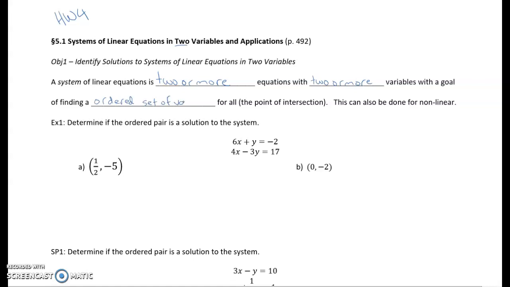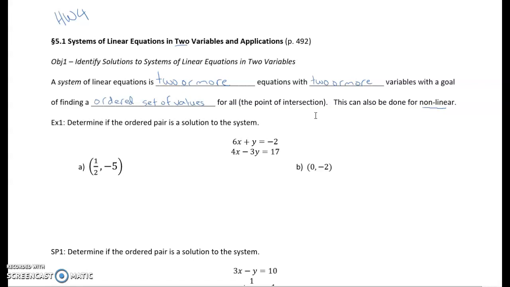It could be 2, like a pair, or 3, or it could be more than that. So an ordered set of values for all of them, the point of intersection for 2 or 3 or however many you have. This can also be done for nonlinear. So if you take more classes beyond this, you might see some nonlinear